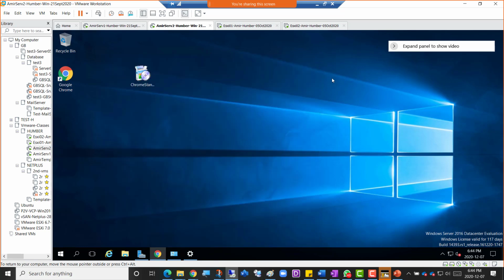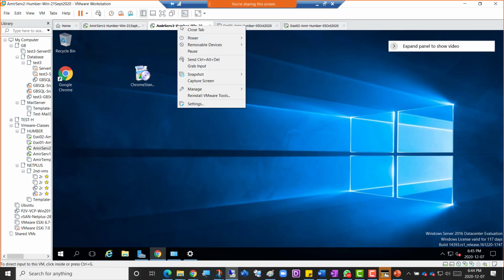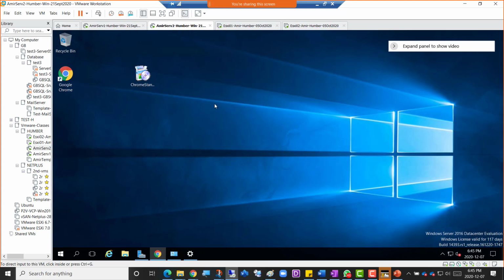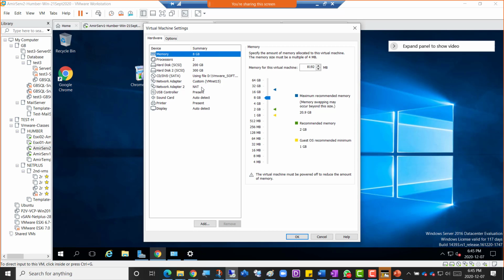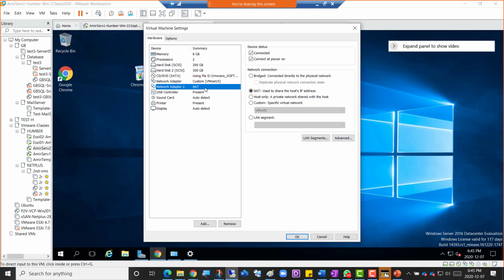So how do we install the VUM if internet is there and prereqs have been done on the hypervisors? And if the internet is not there, what should we do? Right click on server 2 and then click settings. Check that we have the second NIC there. Once you go to the settings, you should see that network adapter 2 is showing NAT. Is it there? Yes.